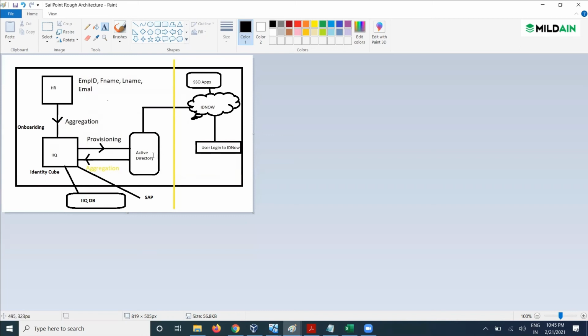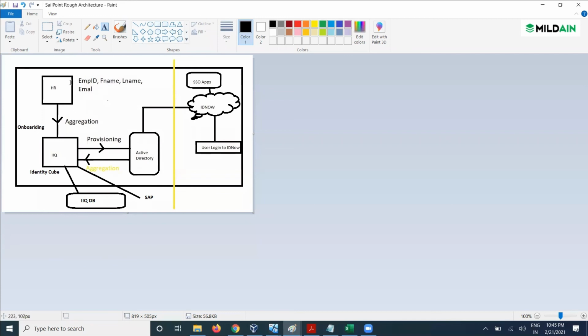Do you know what Active Directory is? Yes, I know. Great. Active Directory is a directory useful for storing user records or groups for access. Suppose we are storing hundreds of user records in Active Directory and somebody who has access to AD made some changes. Suppose a user record came for one employee ID whose first name is ABC and last name is XYZ, with an email and phone number.